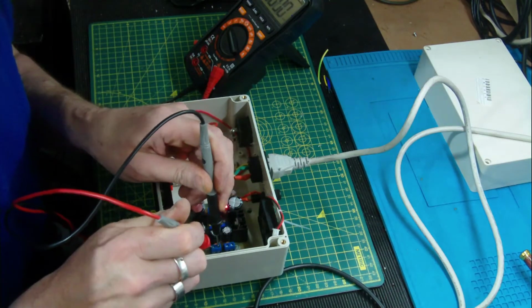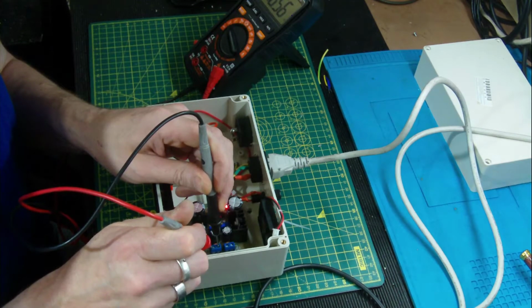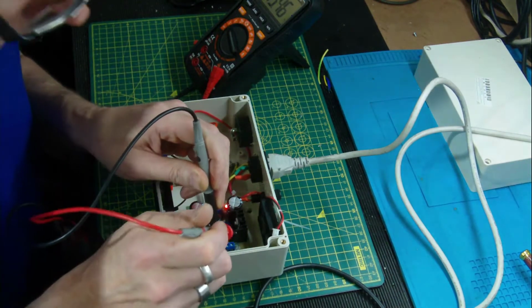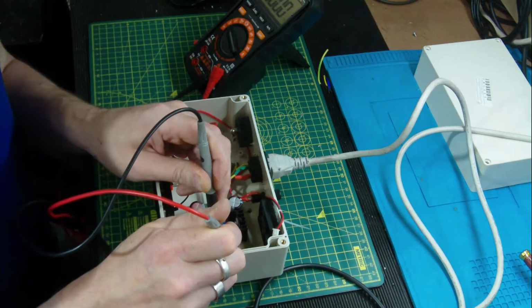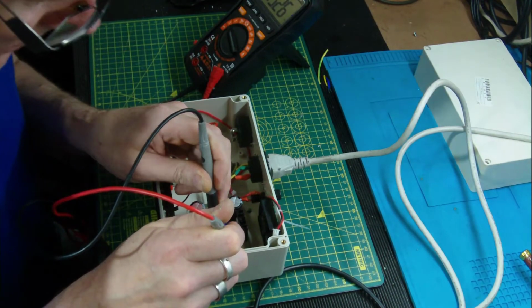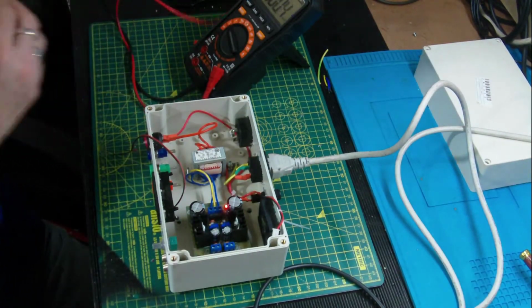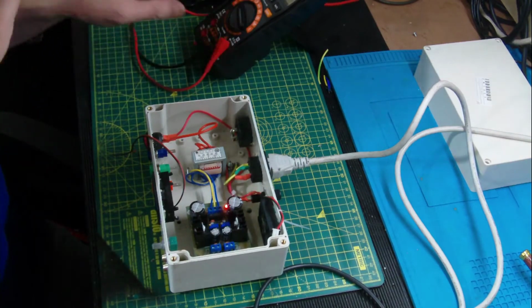Voltage minus 16.56 volts. On the other side, minus 15.26. Obviously there's an imbalance there. It's not a problem. I think what we'll do at this point, I think, is